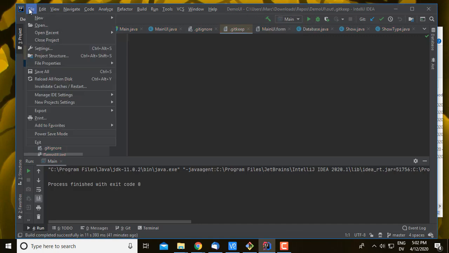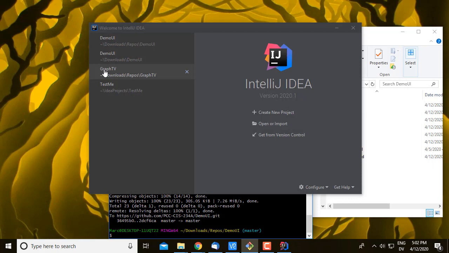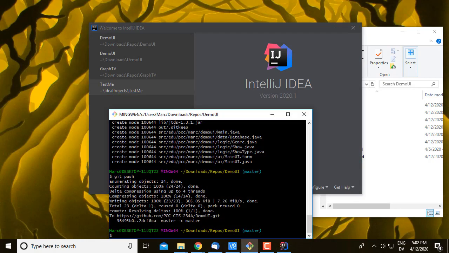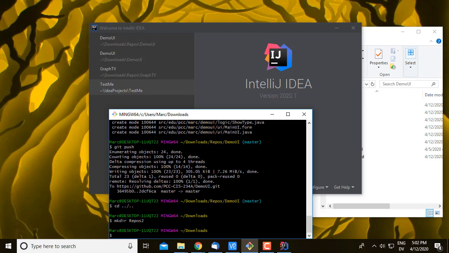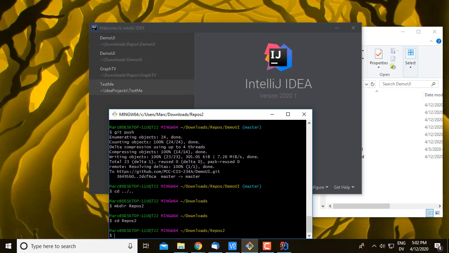So I'm going to go ahead and close that project. And then I'm also going to go back to Git Bash, and I'm going to cd up out of my repos folder. So now I'm in downloads, and I'm going to make a new directory called repos2 because now I'm the second person who's working on the project. So I'm going to cd into repos2, and I'm going to git clone